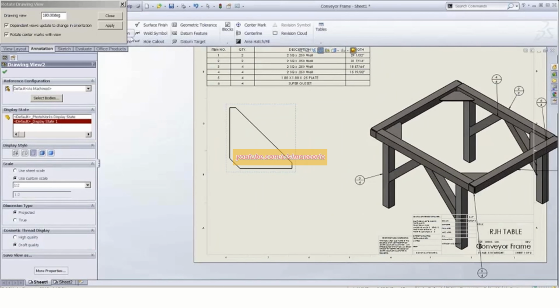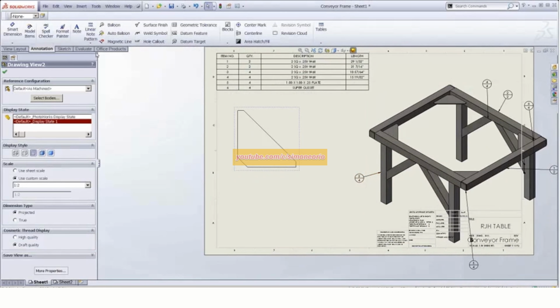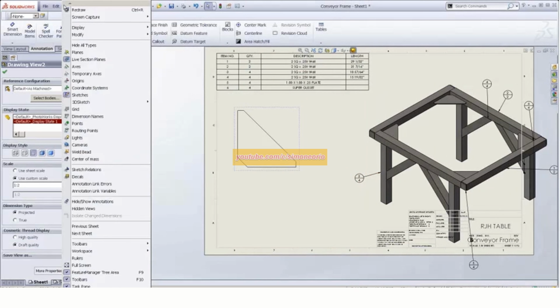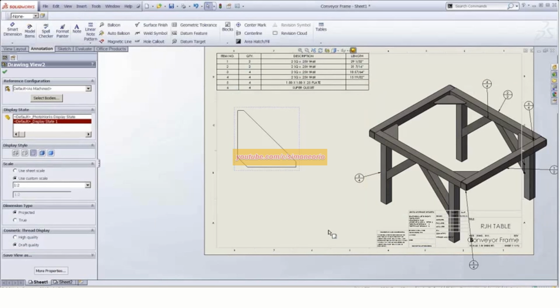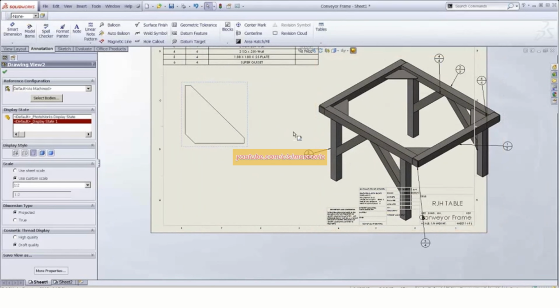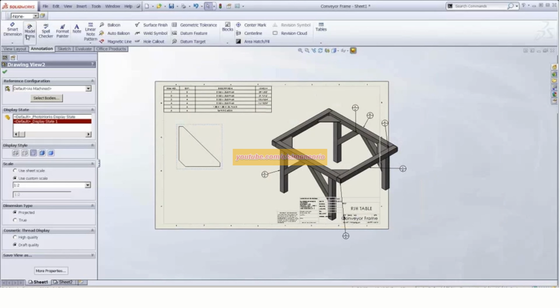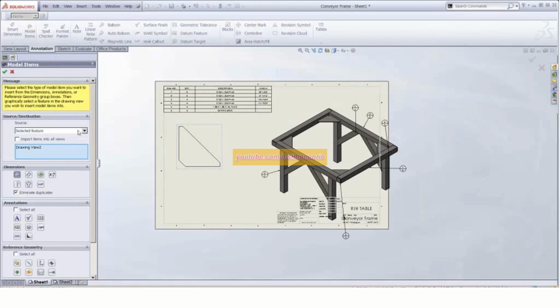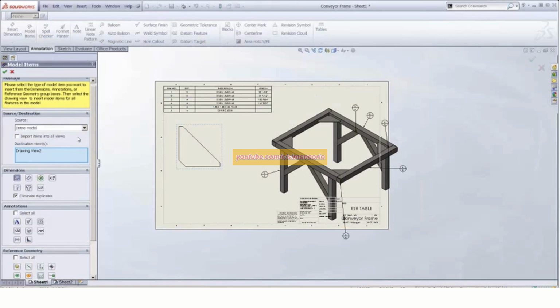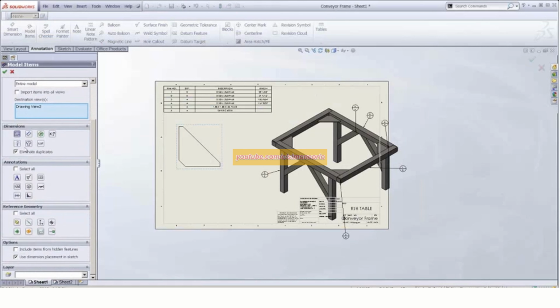Okay, a question also came through while I'm doing this, because I want to do this again just to show you: why aren't my weld beads coming up? Under the view pull down, number one, I need to have weld beads turned on. And also, when I apply my weld bead, I need to go under model items and import the entire model in this drawing view.